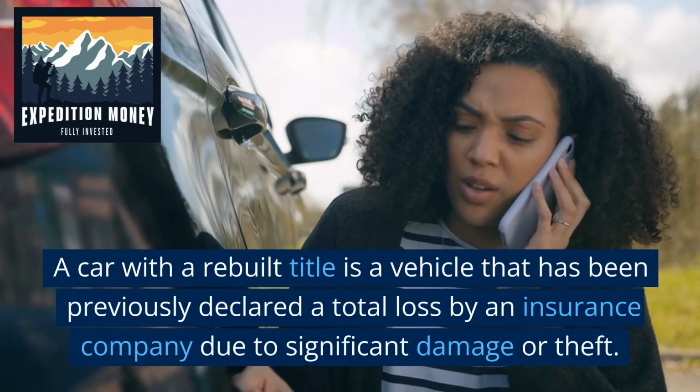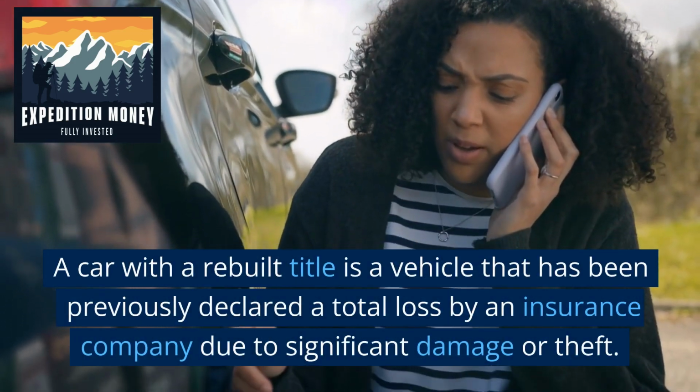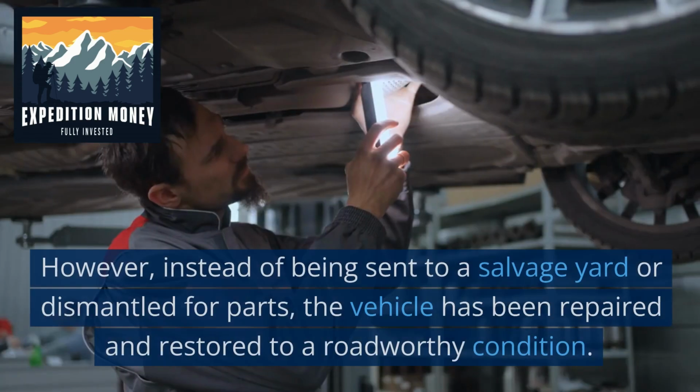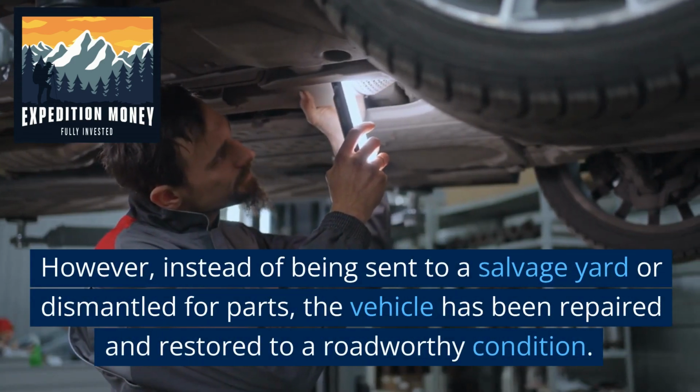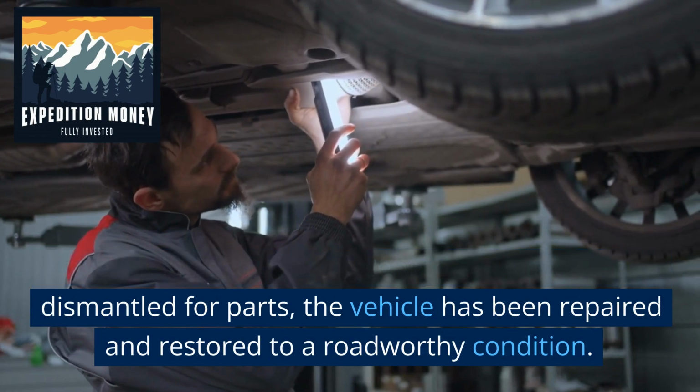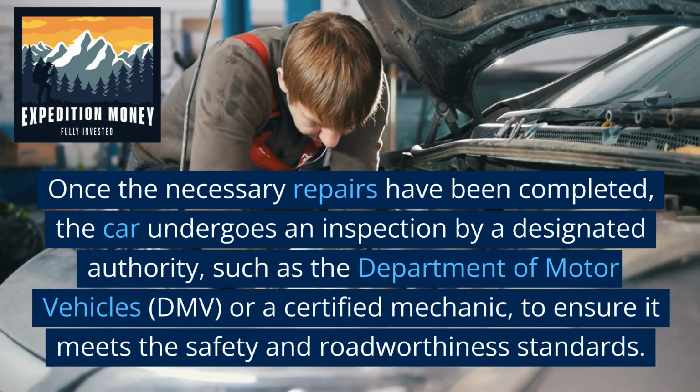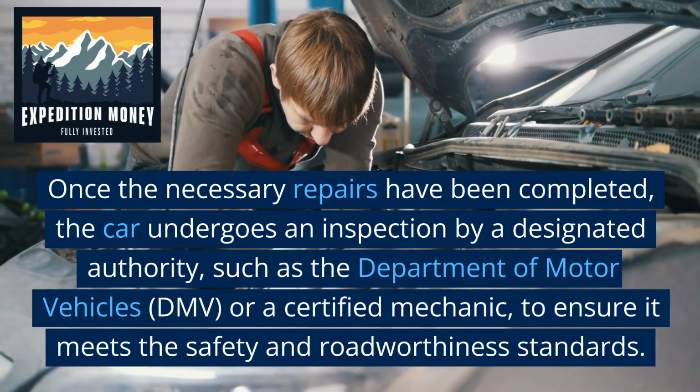A car with a rebuilt title is a vehicle that has been previously declared a total loss by an insurance company due to significant damage or theft. However, instead of being sent to a salvage yard or dismantled for parts, the vehicle has been repaired and restored to a roadworthy condition. Once the necessary repairs have been completed, the car undergoes an inspection by a designated authority,